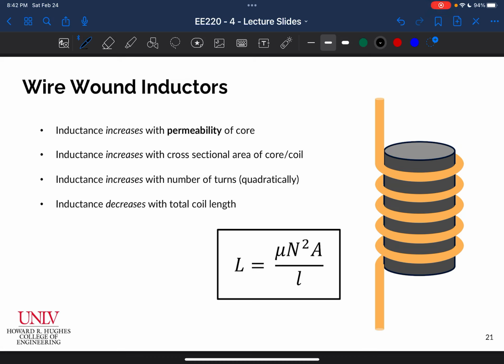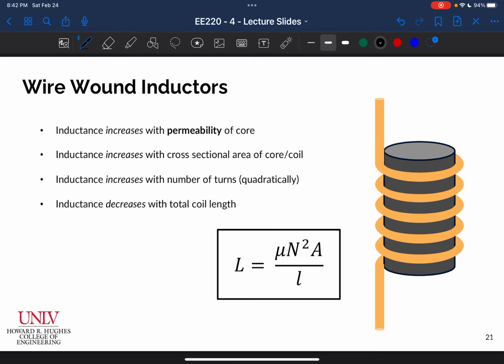All right, so a little bit more on inductors here. We talked about parallel plate capacitance when we talked about capacitors. Now we're going to talk about wire wound inductance. Basically, what parameters set the inductance, which is how much,